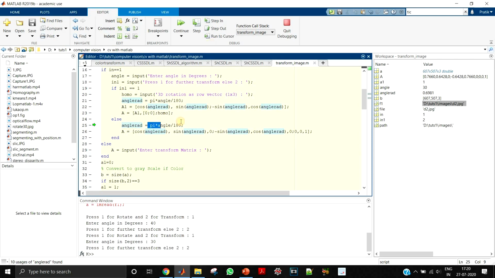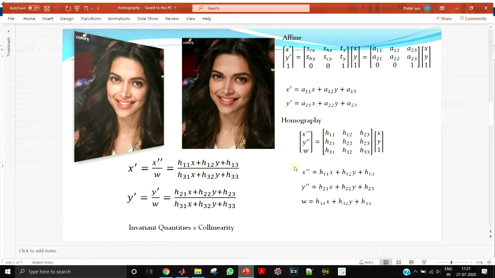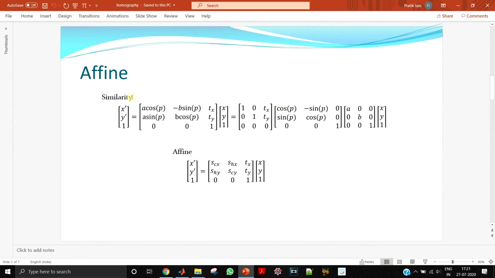This is the formula for the degree to radian conversion. And then this is the transformation matrix that we have for rotation. If you just want rotation, that means there is no scaling, so there will be no a and b.